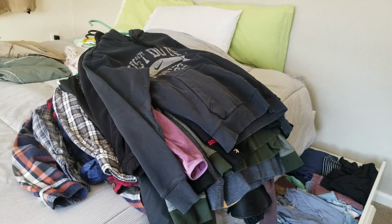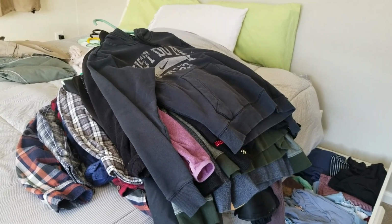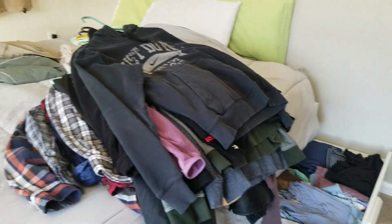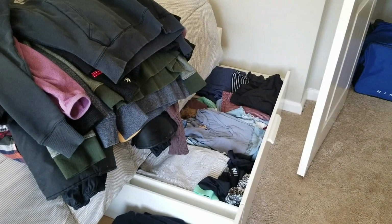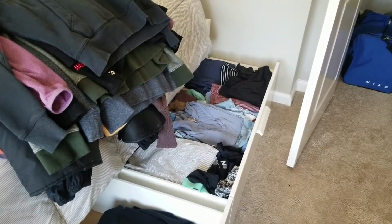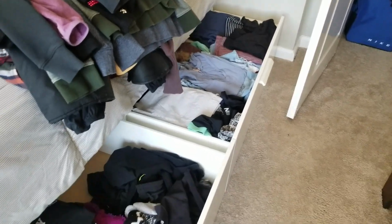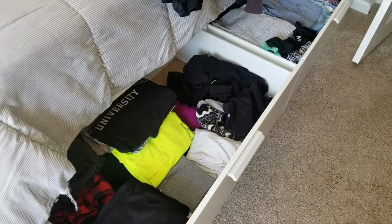Okay, now comes the fun part. This is all the stuff I took out of the closet, so I have to decide if I'm keeping it or if I'm giving it away. If I'm keeping it, it all has to get folded and put into this back drawer, and all that stuff down there has the spring and summer stuff, so I have to take that out, sort through it, see what I'm keeping, and then I have to move on to this drawer,